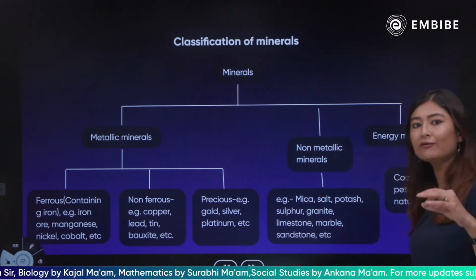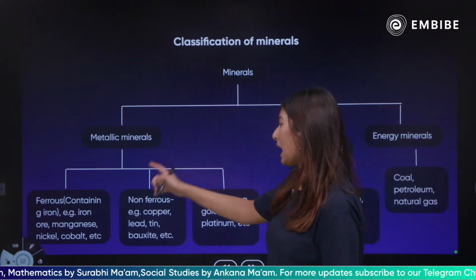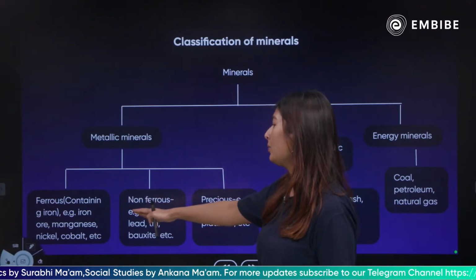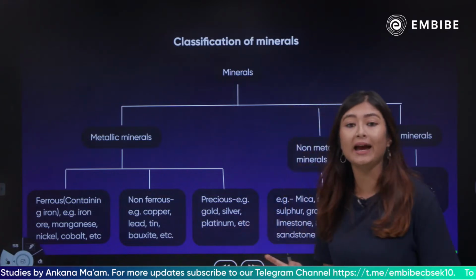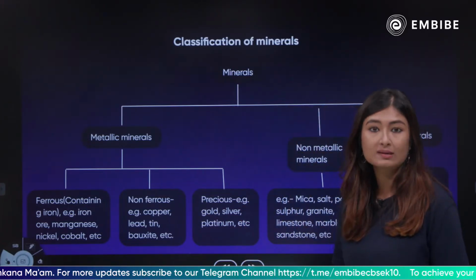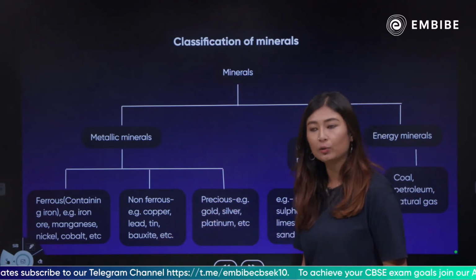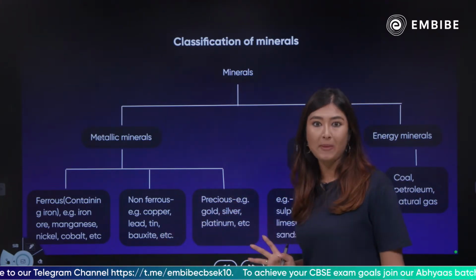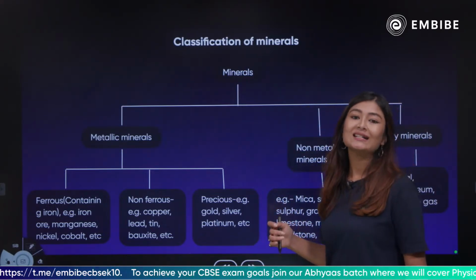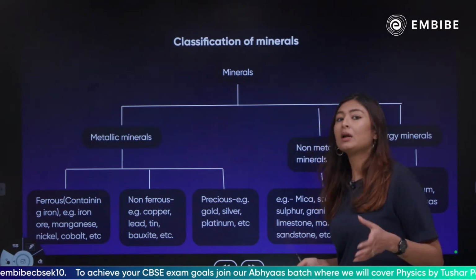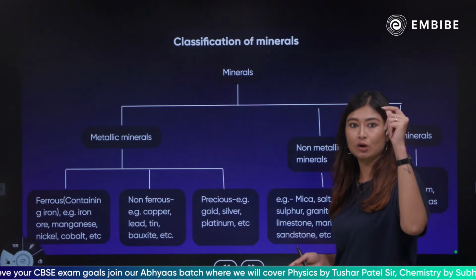Now metallic minerals are, guys, ferrous. Ferrous is basically any form in which it contains iron, iron related things. ठीक है, तो containing iron will be ferrous like iron ore, manganese, nickel, cobalt. Then you have non-ferrous metals. Metal है but does not contain iron. Aluminium हो सकता है, copper हो सकता है, lead हो सकता है, tin हो सकता है, bauxite from where we get the aluminium. These are non-ferrous metals. ठीक है? Then you have precious metals. Gold, silver, platinum. These are also metals. They do not contain iron but are costlier because of their,